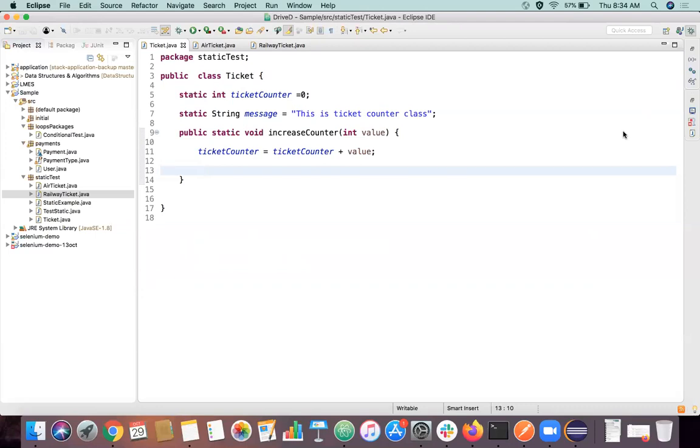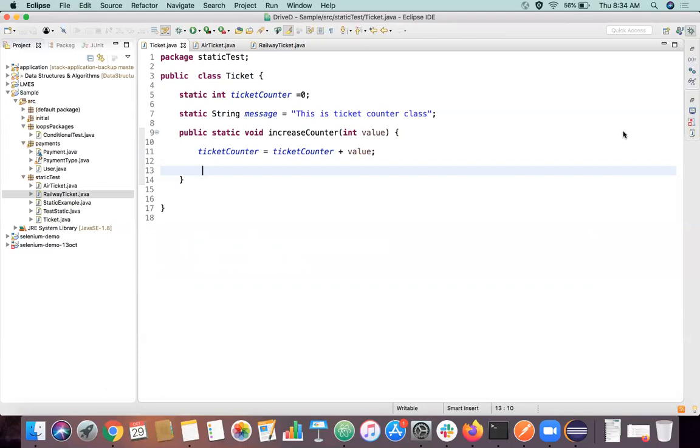Static and final are two different concepts, and people usually tend to confuse them. Actually, static and final are two of the most commonly asked interview questions across the industry, because people always confuse what is static and what is final.